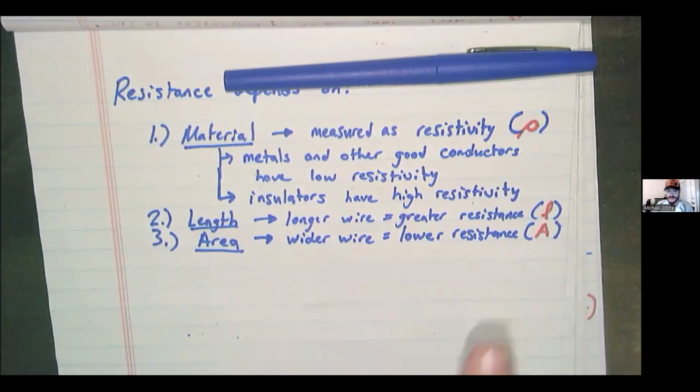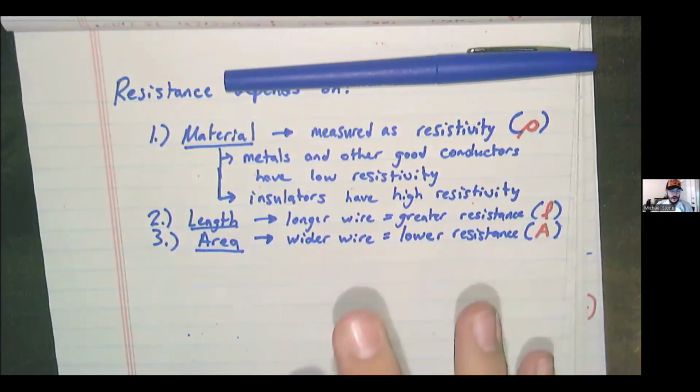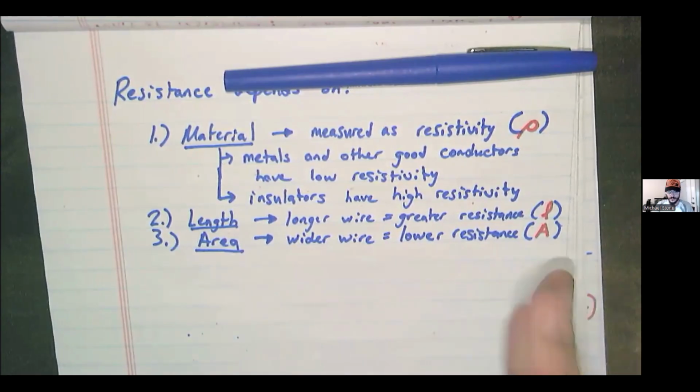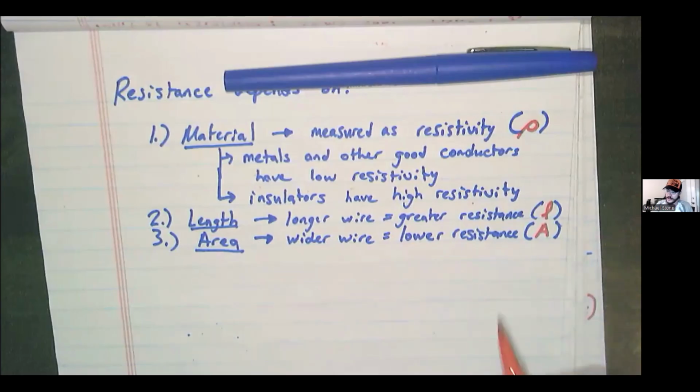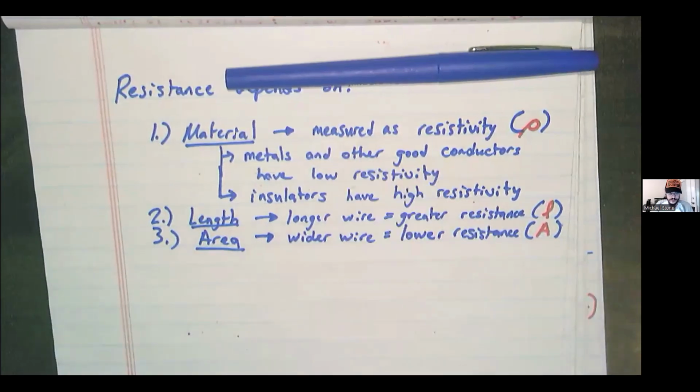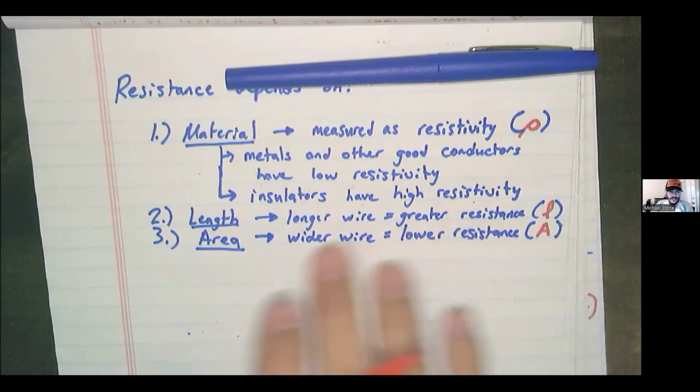Impedance is like resistance, but for an alternating current. There's a little bit more that goes into it. It's not just resistance, but also something called reactance, how well it deals with the alternation of the current. But we're working on resistance. Impedance is something that you would get into more at the college level.